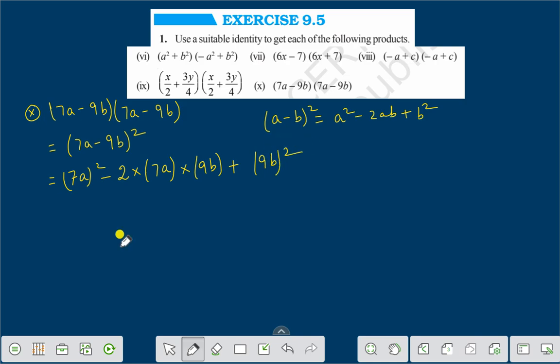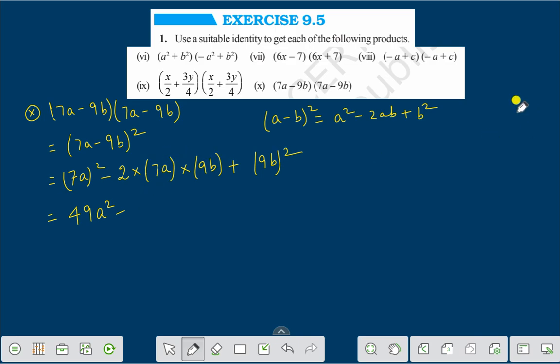Therefore we are getting 7 square is 49 a square